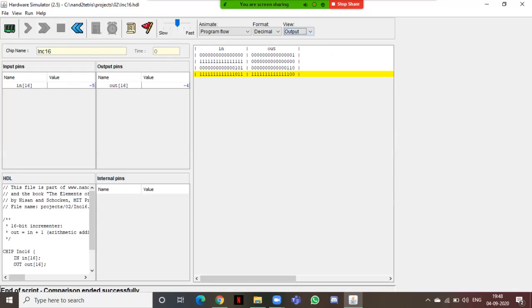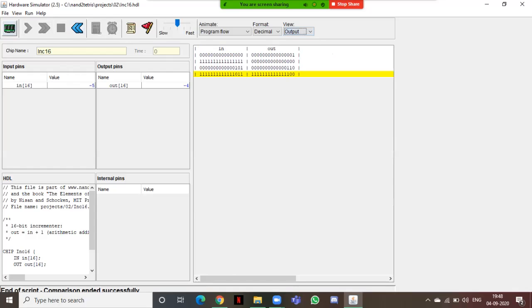See, we have incremented, or added 1 to the input function. So on adding 1 to our 16-bit function, we are getting the desired results.